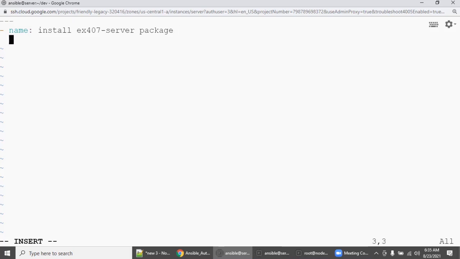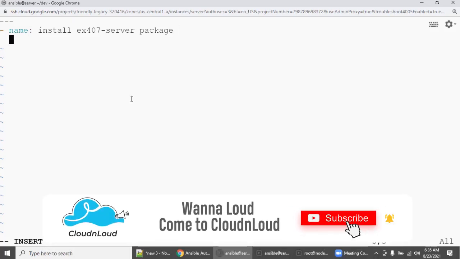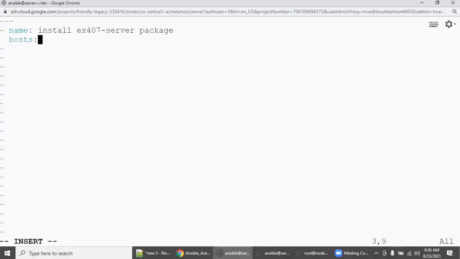Now the host: first we'll go with one node, and then tasks, hyphen name: install ex407 server package.